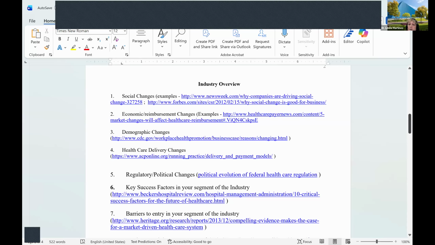So the regulations come in all kinds of forms and fashions. Economic reimbursement: every time we change regimes, like Democrat to Republican, Republican back to Democrat, you get all kinds of, this is what we're going to pay for, this is not what we're going to pay for. So things change. You need to be on top of those kinds of things.